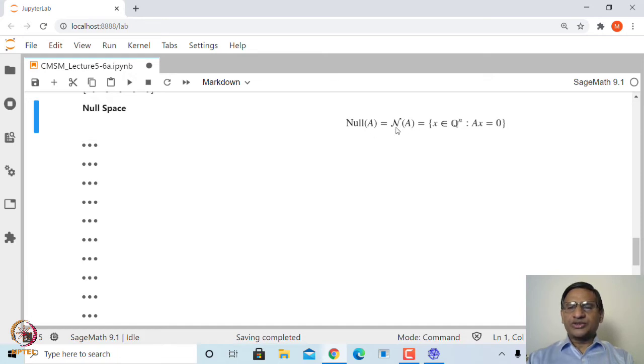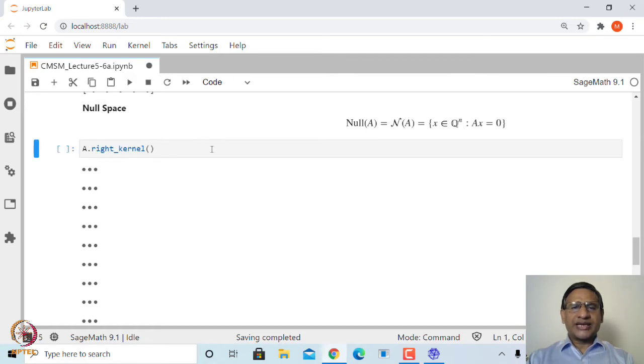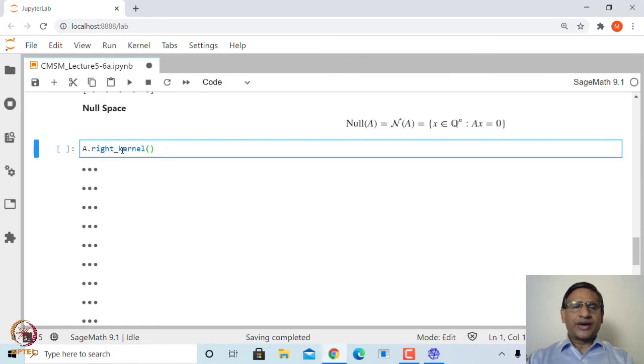It is quite easy to check that this forms a vector subspace of Q^n. SAGE has an inbuilt method to find this null space, and it is A.right_kernel.